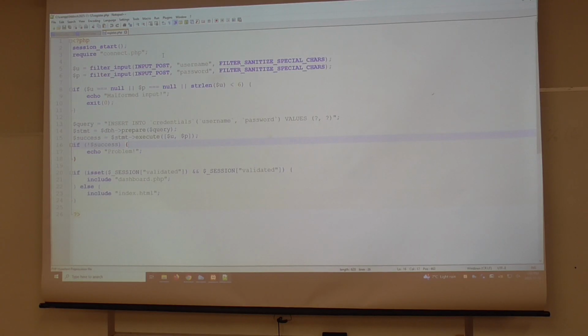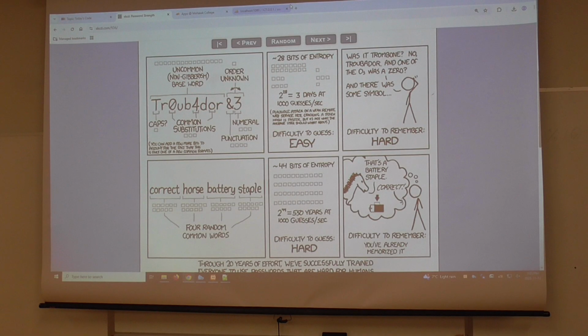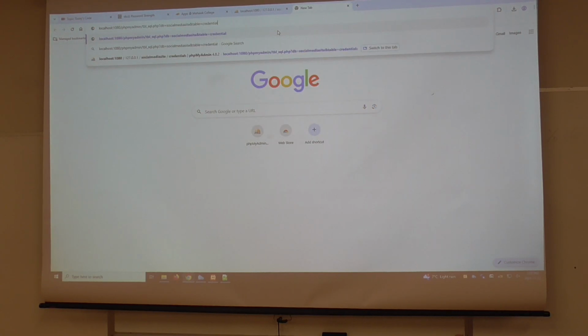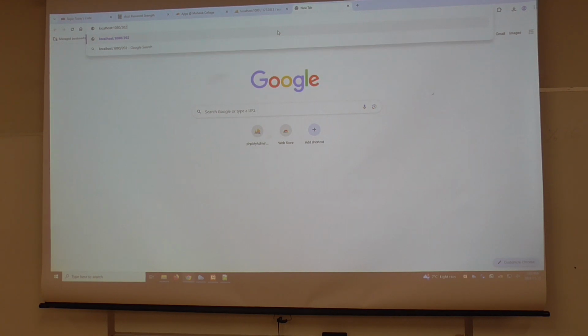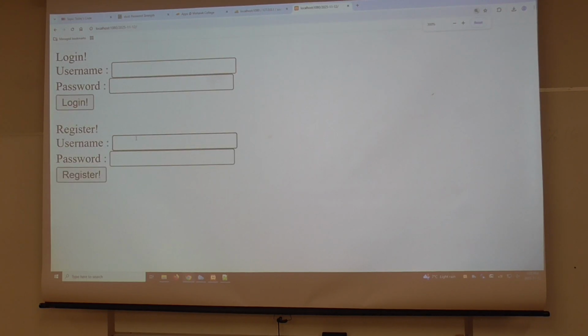So, localhost:1080/2025-11-12. There we go. We now have login and register.